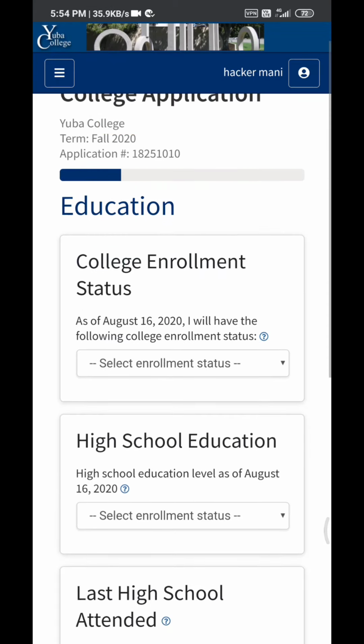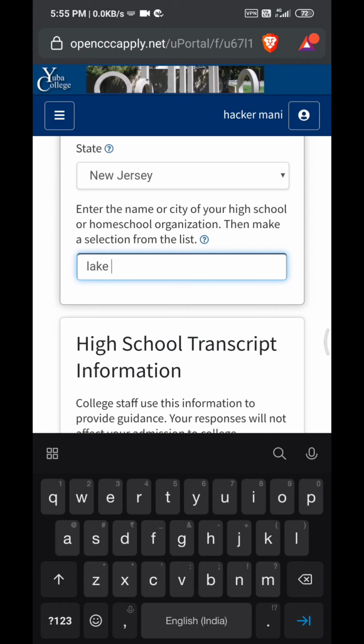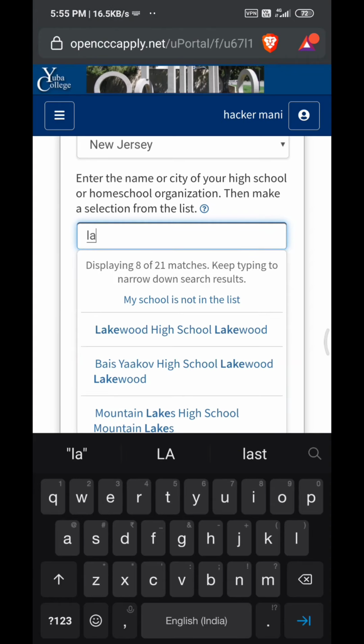So yes, USA. So California, so give anything, New York or anything. So I'll choose New York. And Lakewood High School, I know. So if you know any high school, give that high school.